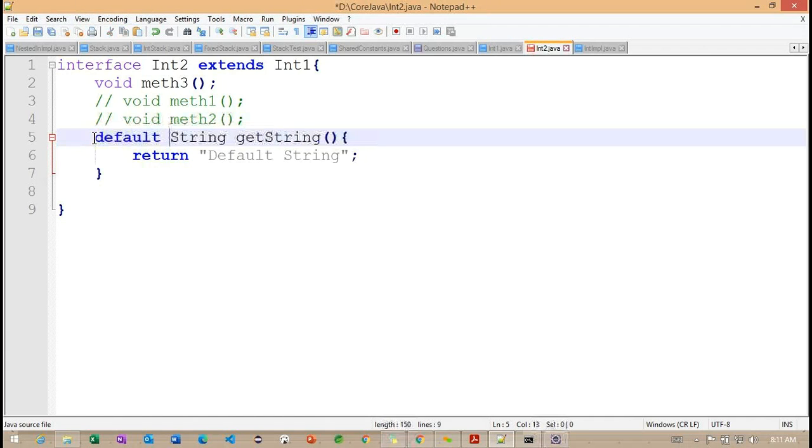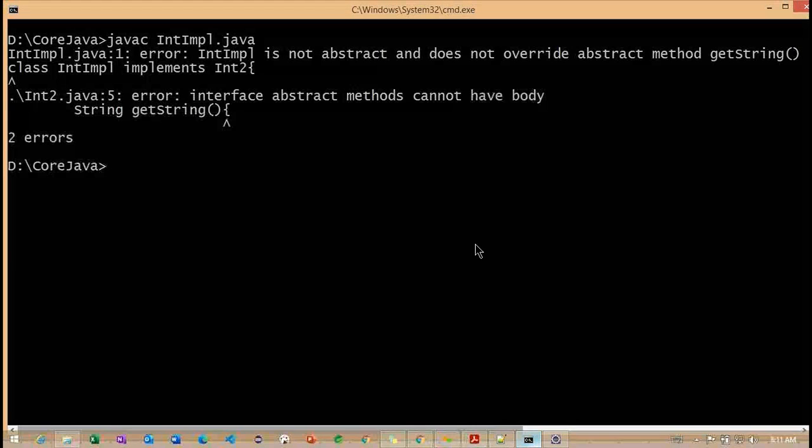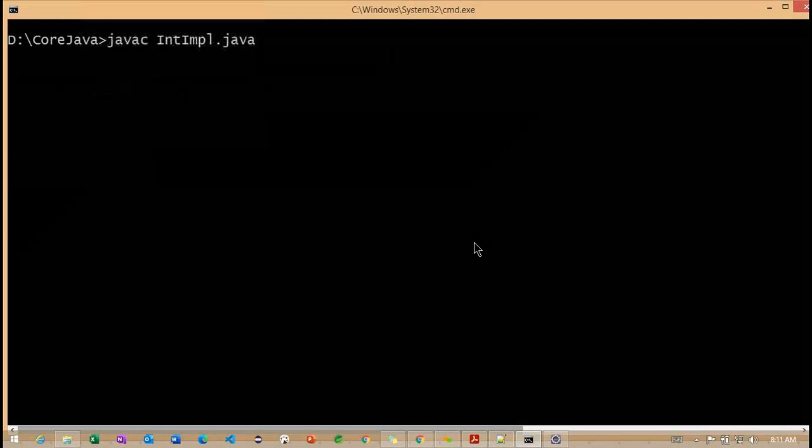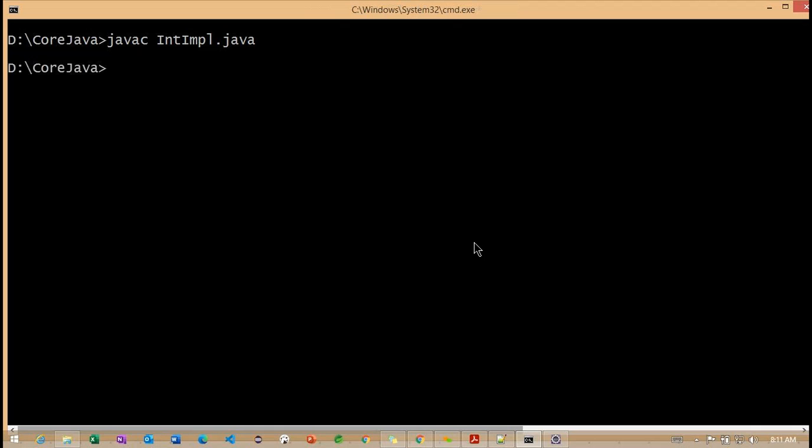Now what can we do? Here we need to define one keyword called default. Let's see the same example; I compile it. Getting the point. Now we are not getting any error.